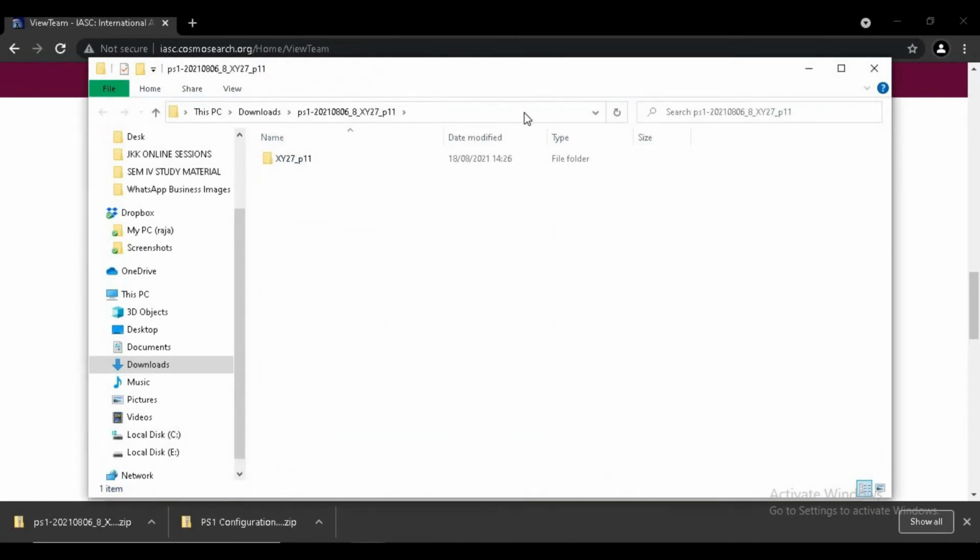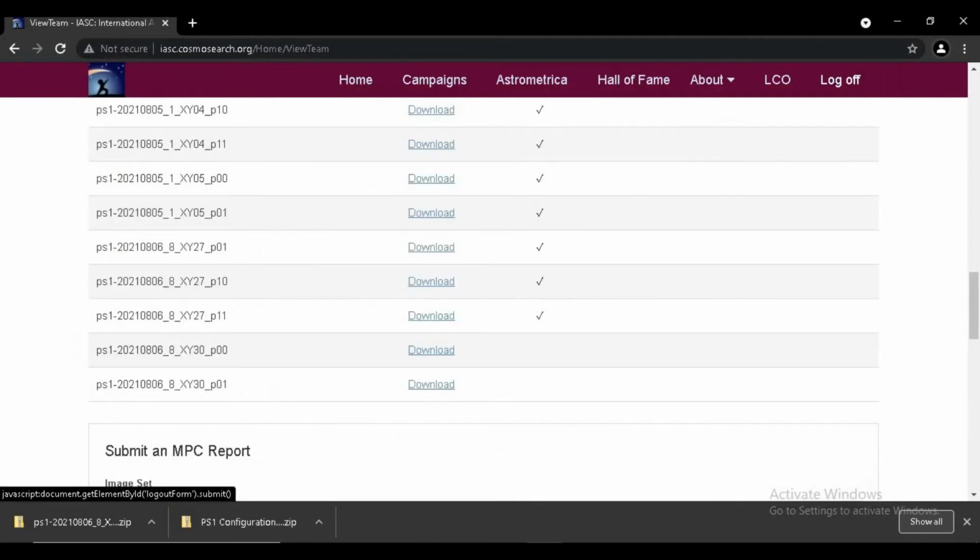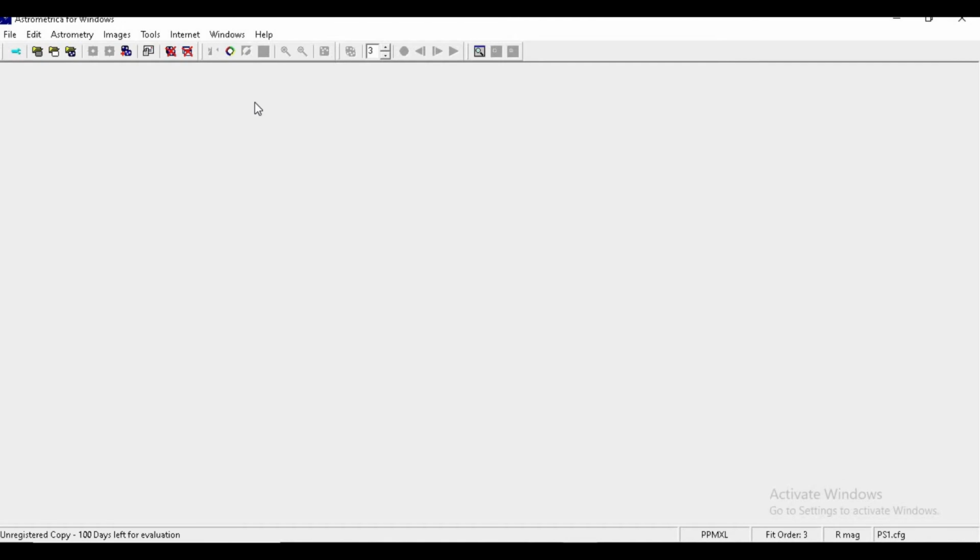I am copying the location and moving back to Astrometrica. I suggest you take a notepad and a pen so that you can note down the steps along with me. I also suggest you create a dedicated folder and download all the image sets in that folder so that you don't miss out or get confused during report submission.